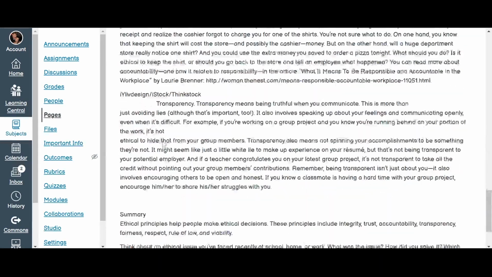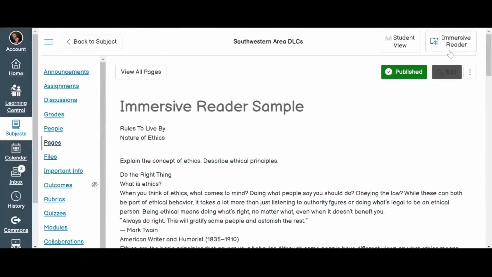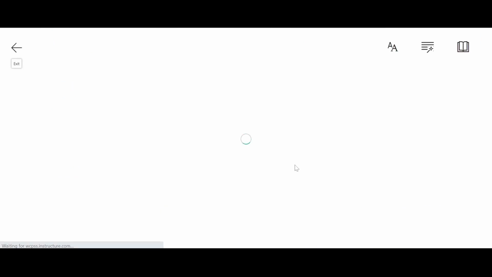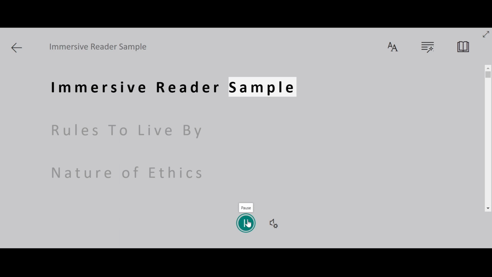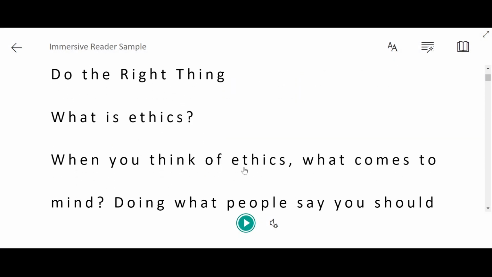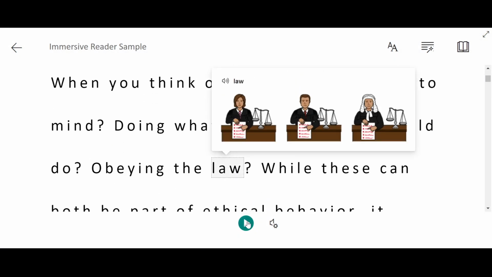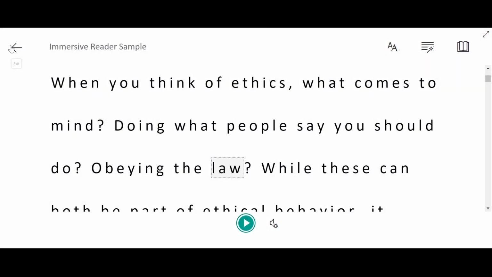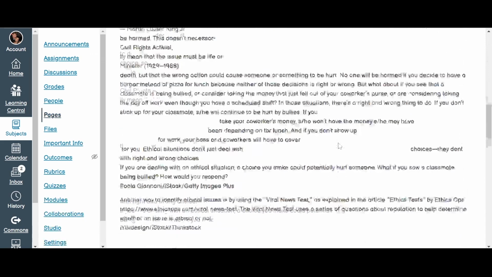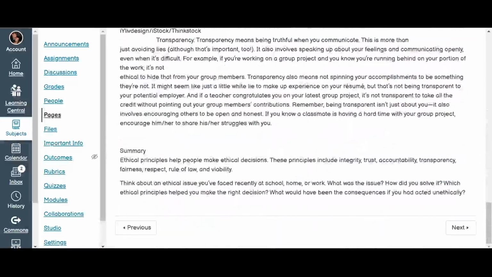Make sure everything is the way you want it, but then you have an entire text that Immersive Reader, when you engage it, is going to go ahead and read to the students. And they can scroll right down to where they want to and have it read to them. So that's another look at a sample of Immersive Reader. You can turn that on and test that if you'd like. Let's advance to our next feature,